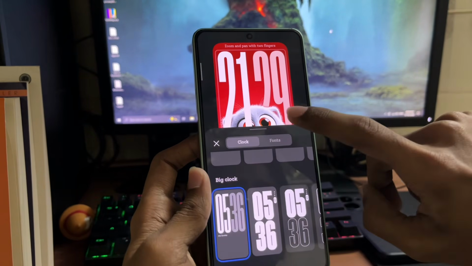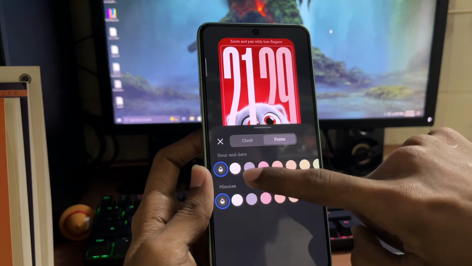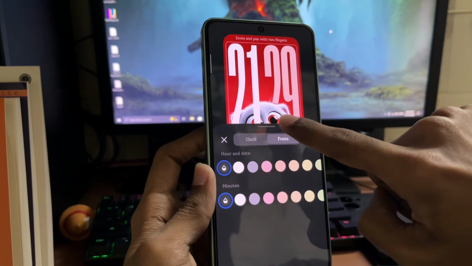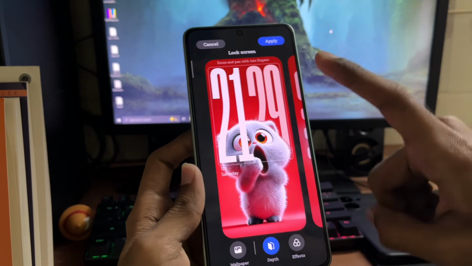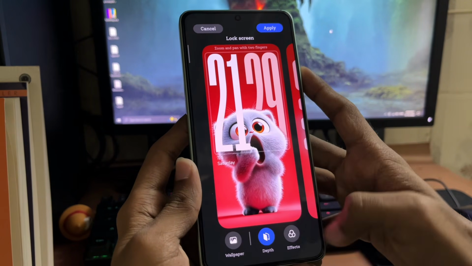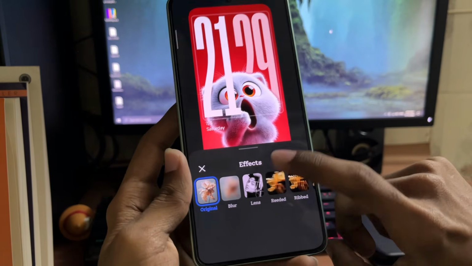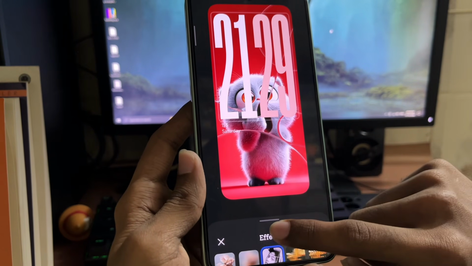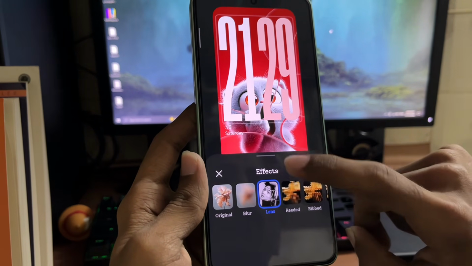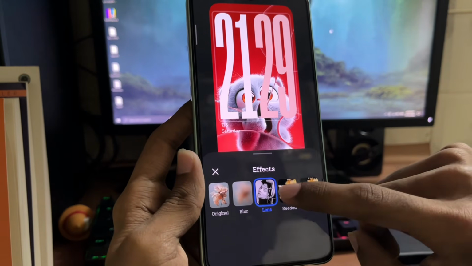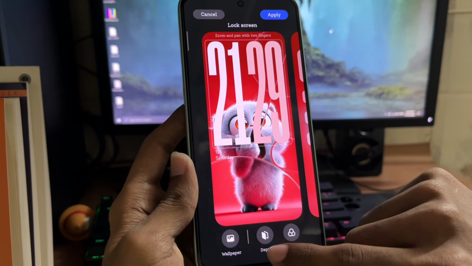It looks amazing. Moreover, you can also change the font color. By default, it will blend with the custom wallpaper. You can also apply effects, such as this lens effect, which has a bubbly glassy look. But if you turn on this effect, it will by default disable the depth effect.